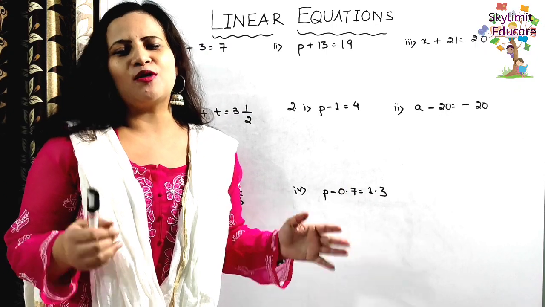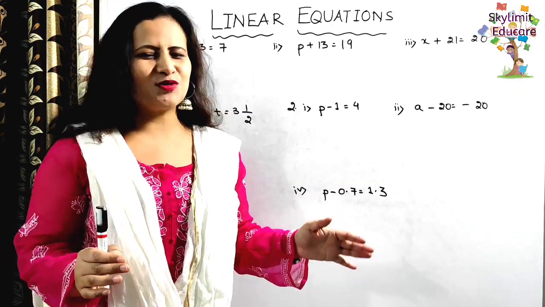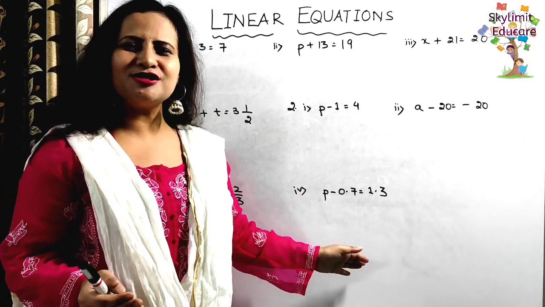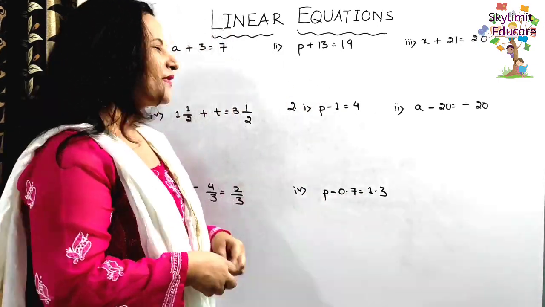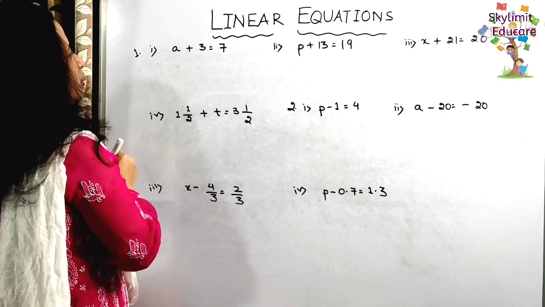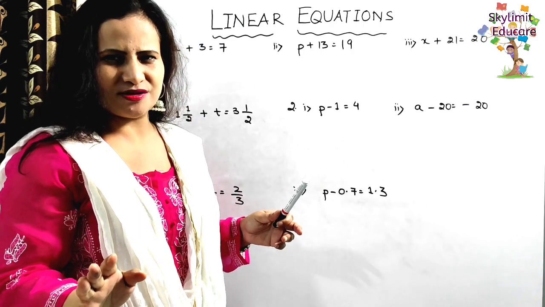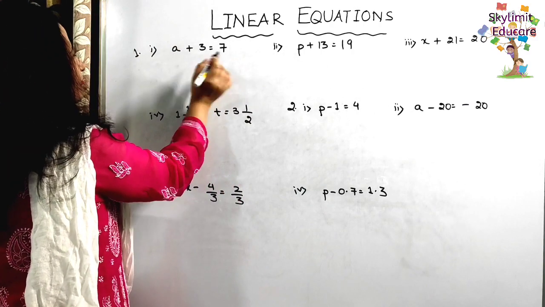And today we are going to continue with our topic linear equations in one variable. As you can see here, I have already written some questions. So let us start. So the first equation: here you have to find what? You have to solve the equation and find the value of the variable. That is the question. You have to solve the equations. So that means you have to find the value for the variable.